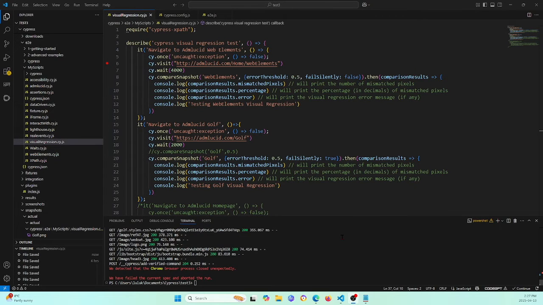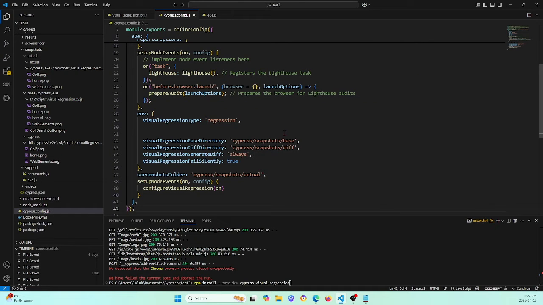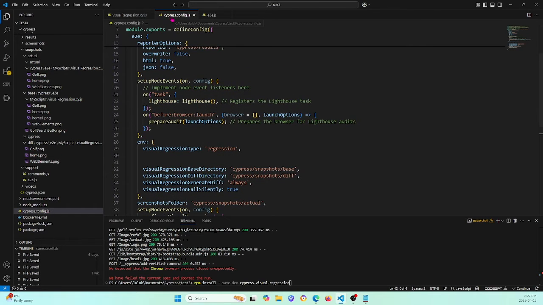Okay, let's look at the code. From a terminal, first we run the command npm install cypress-visual-regression plugin. This is the first step. And the second step, we modify the config files. So we have two files to modify. One is the